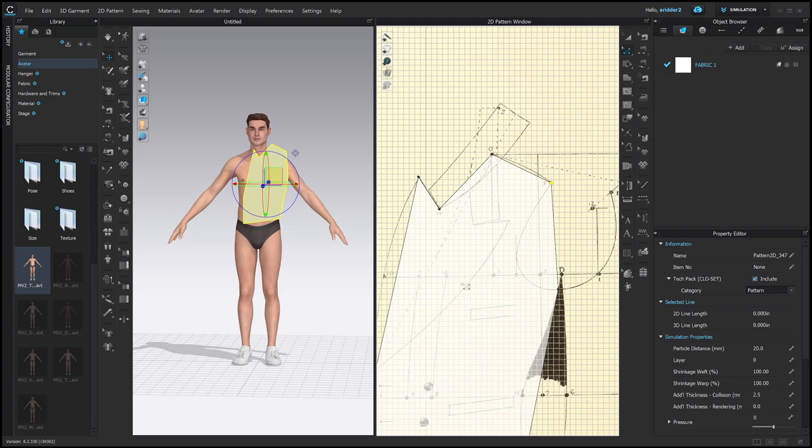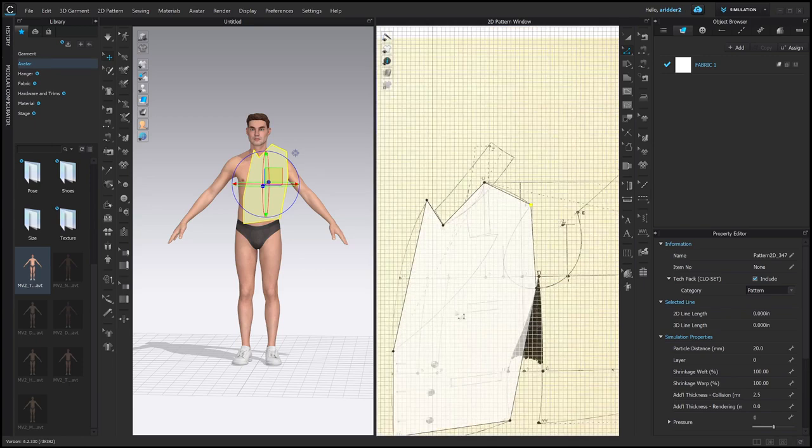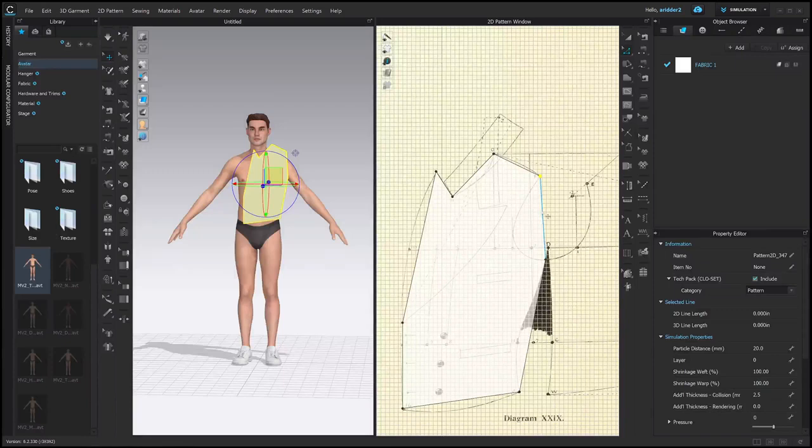Now we want to put these curves in here, or else this will be a really ugly vest with no armhole. To make a straight line curved, we're going to use the Curve tool, and the hotkey for that is C. So I'm clicking C. And the same little icon that used to be the Edit Pattern tool just turned into a Curve tool. If you're confused about how to find the Edit Pattern tool,